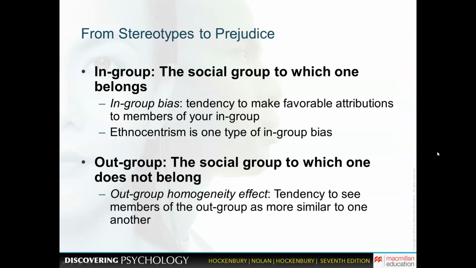Okay, going forward. So when we're talking about stereotypes and prejudice, there's a couple of terms I want to make you aware of. The first of those is called the in-group, and that's when we tend to believe that a person is a member of our social group. That leads to in-group bias.